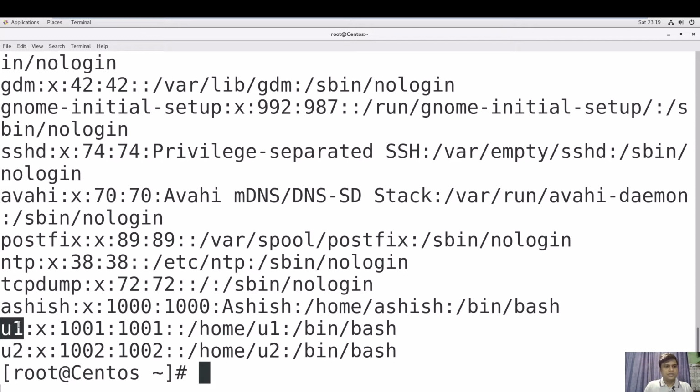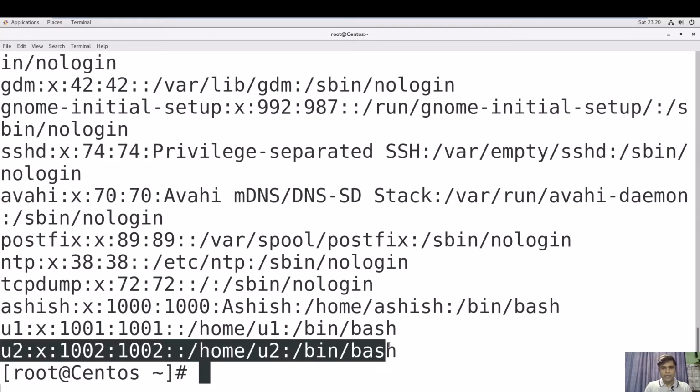See, here x means the password is saved in the /etc/shadow file, and 1001 is the user ID, 1001 is the group ID, and this is the home directory of this user, and this is the bash, right? And the same way you can see this YouTube, right?